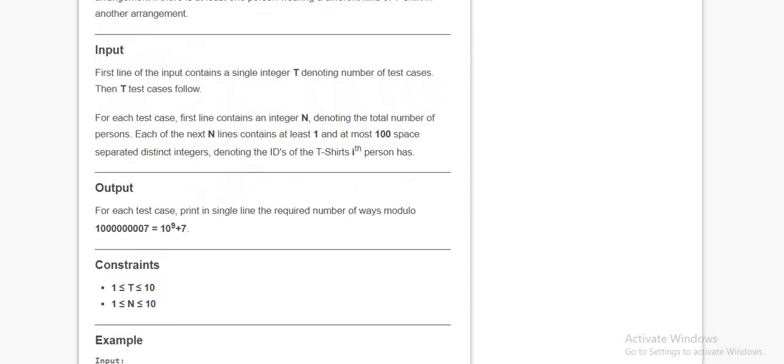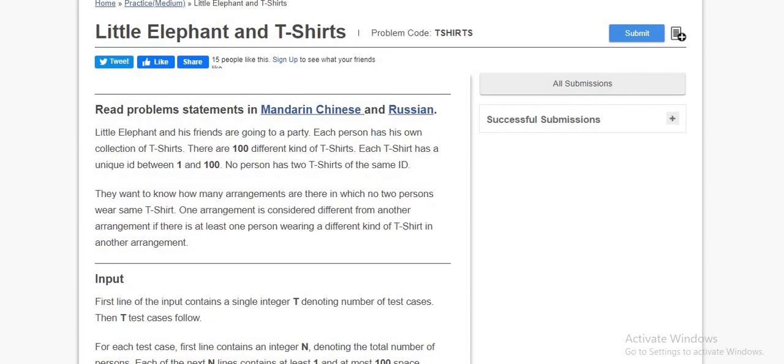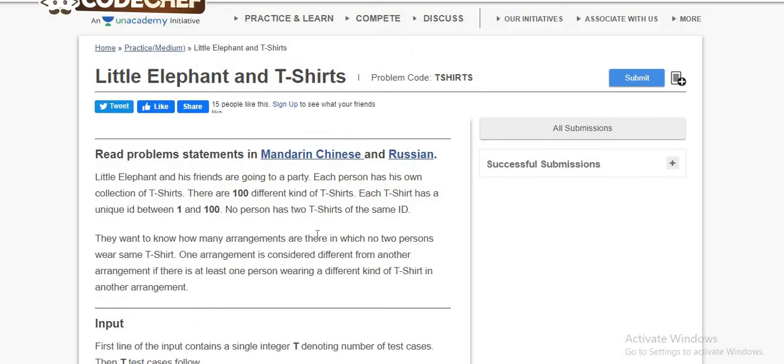Now here is the spoiler. I have solved one of the problems from LeetCode related to the number of hats and number of people, and this is exactly the same problem. The only difference is that the title and the constraints are different. Here instead of hats we have t-shirts, and the person thing is common, if I just ignore the elephant.